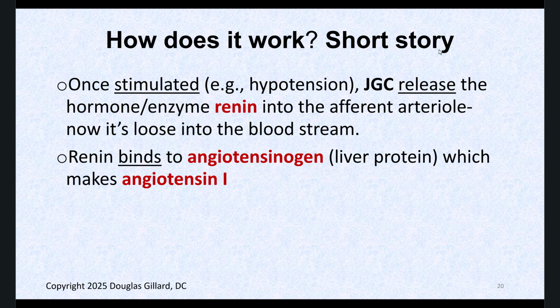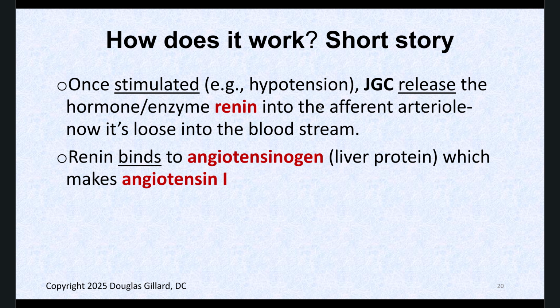Okay, how does the whole story work here? Because this is a 5-hour lecture, right? So I'm trying to cram it down into something short. So I've tried my best here. Short story: how does this R2A system actually work? Now we kind of know what it does, it raises up low blood pressure and defends against hypotension. So once it gets stimulated by hypotension, or by sympathetics, or whatever, we'll just use hypotension,